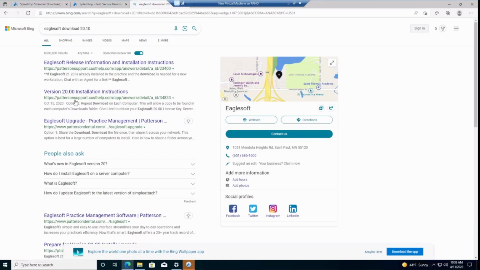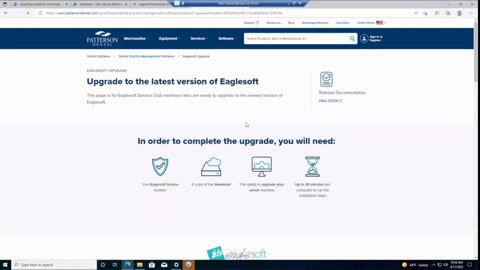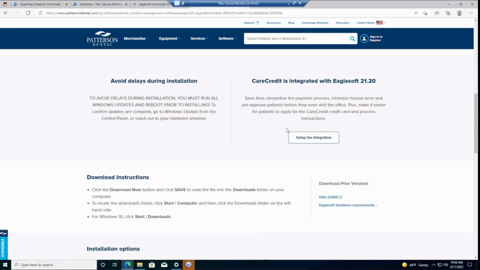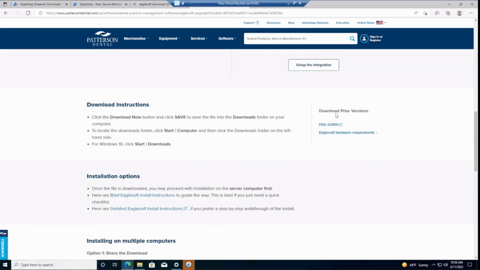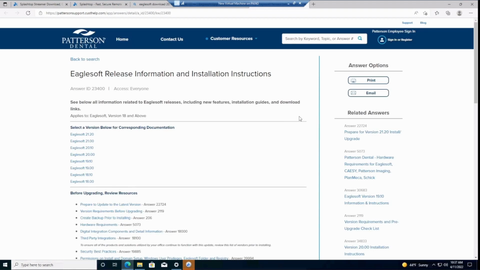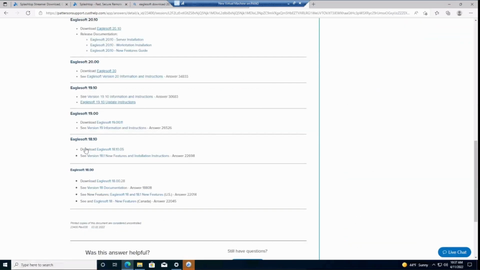Okay, so here I'm inside of the virtual machine. Okay, and I'm going to go here. And you can go to download prior versions. Okay, and here's our prior version right here. Okay, so we'll go ahead and download 2010, and you can see that it's now downloading here. Okay,